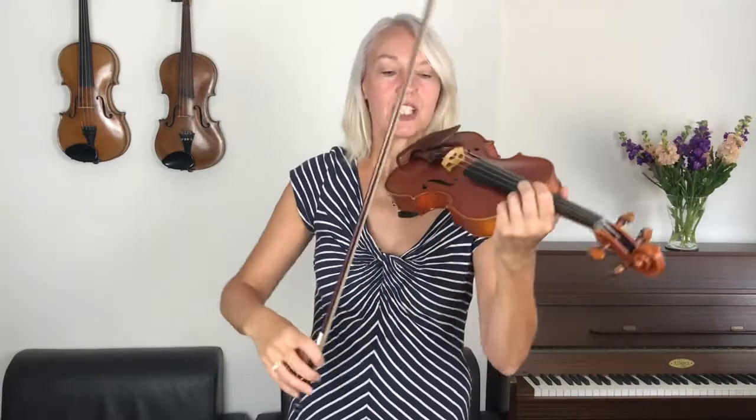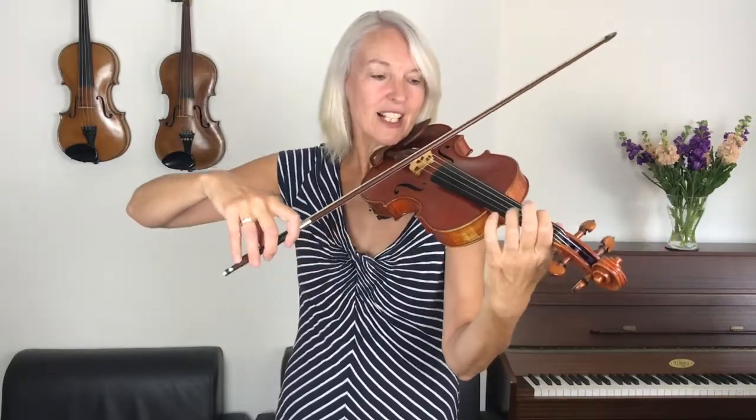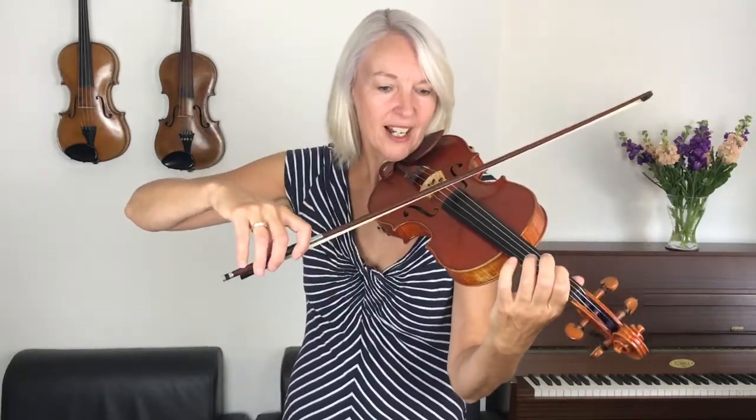1, make your bow strokes gradually longer. 2, pull that bow towards the bridge. Let's practice it, shall we? Second time bar. 1, and